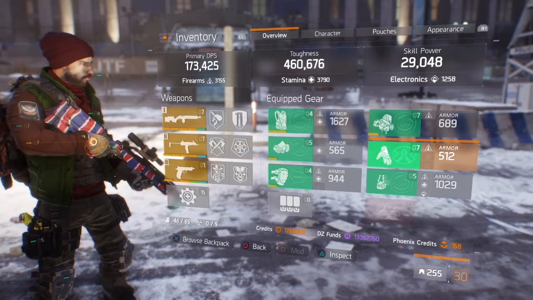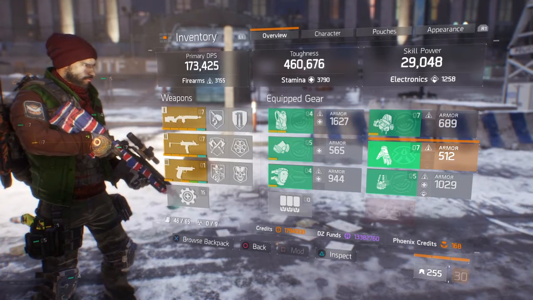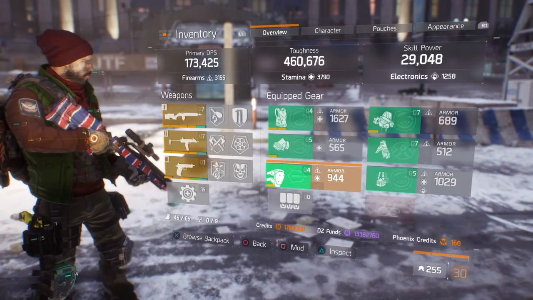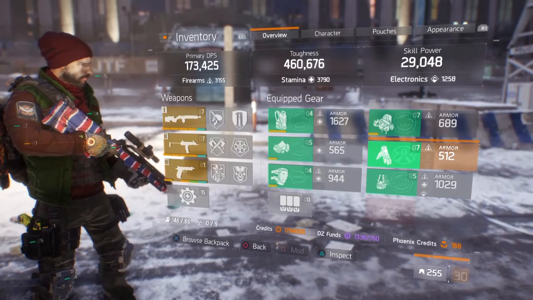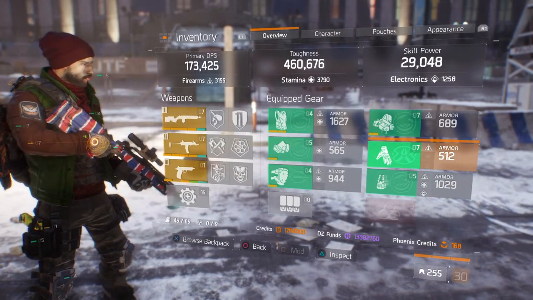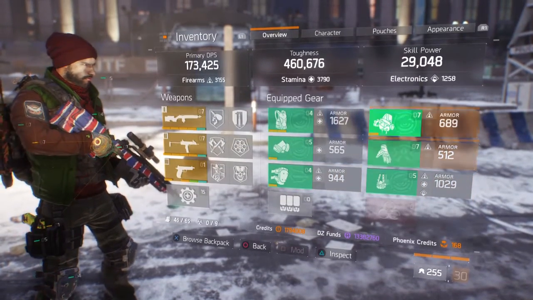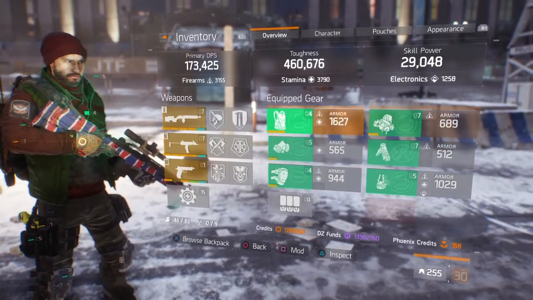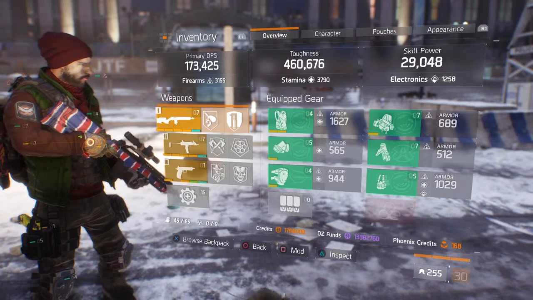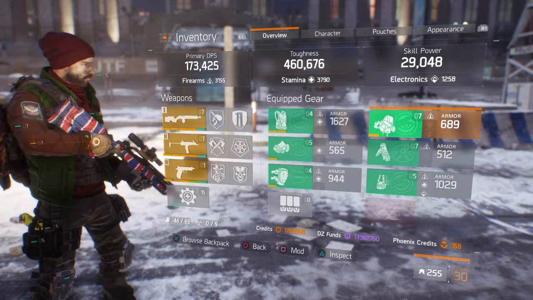It's not even a full set right now, and I do massive damage. I'm still looking for 2 Hunter's Faith pieces. Either I can get a new Deadeye knee pads, because I need one, or I can just entirely get 2 Hunter's Faith pieces for the gloves and the knee pads. I can roll with that, and that way I could just keep what I have for the Deadeye set entirely right now. Now, as you can see, I do 173k DPS, I have 460 toughness, and I got 29,000 skill